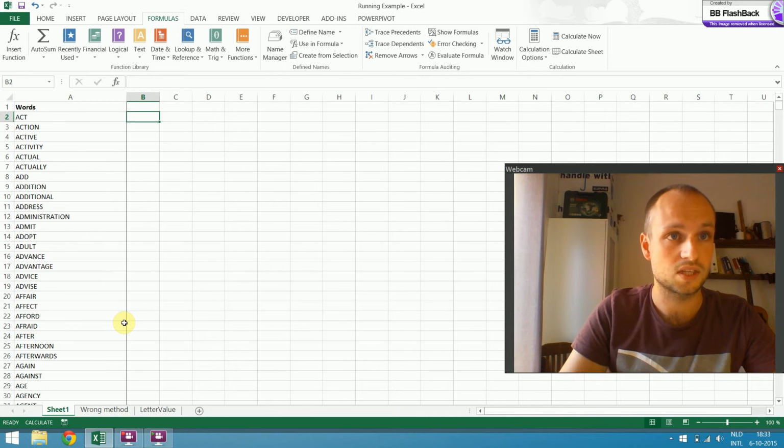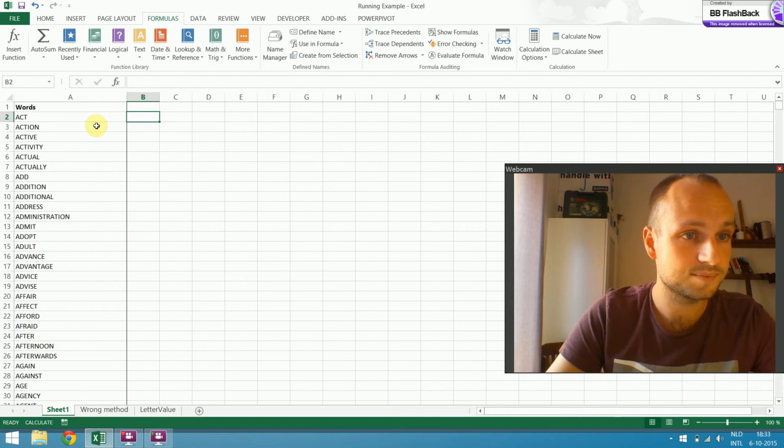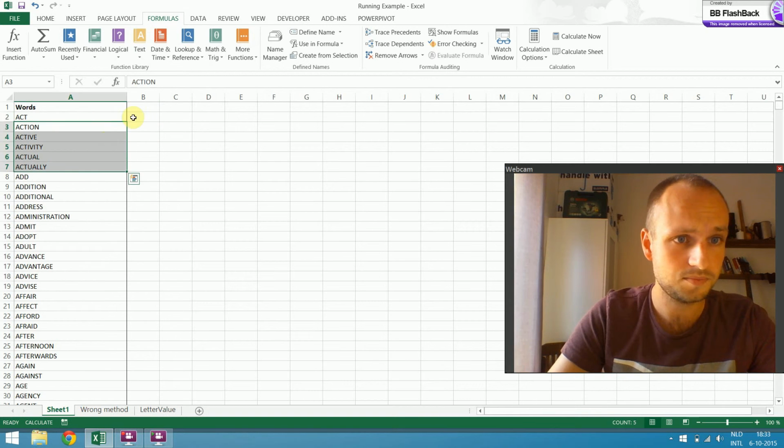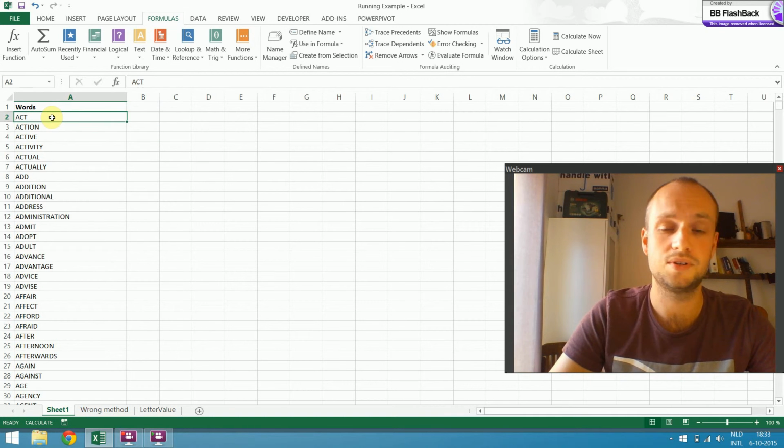Since we want to make this independent, I'm going to start all over again. So here are the words. Let's first assume that we know the amount of characters here.